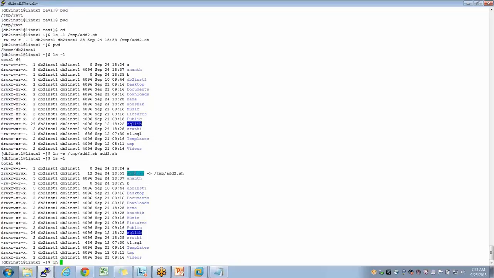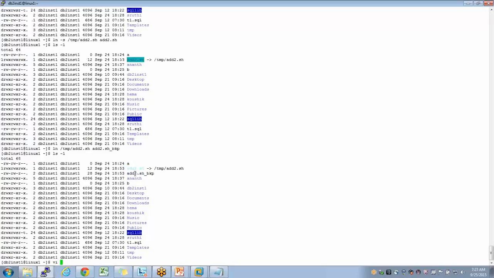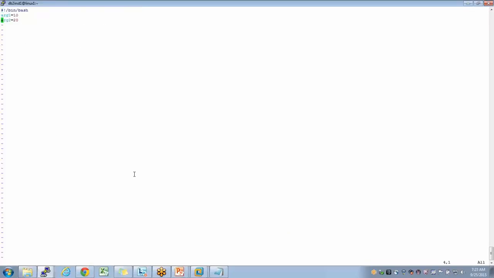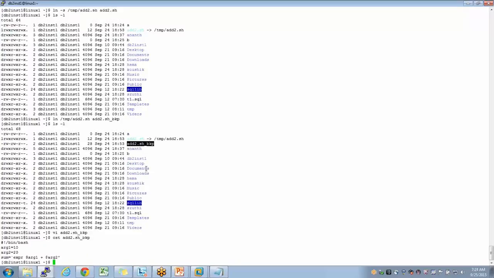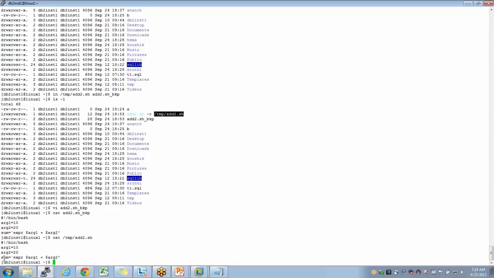But when I do a hard link, temp/add2.sh as add2.sh_back, here if I log into this and add a third line, will this get affected in the main copy? Yes, you see, it's getting affected in the main copy.